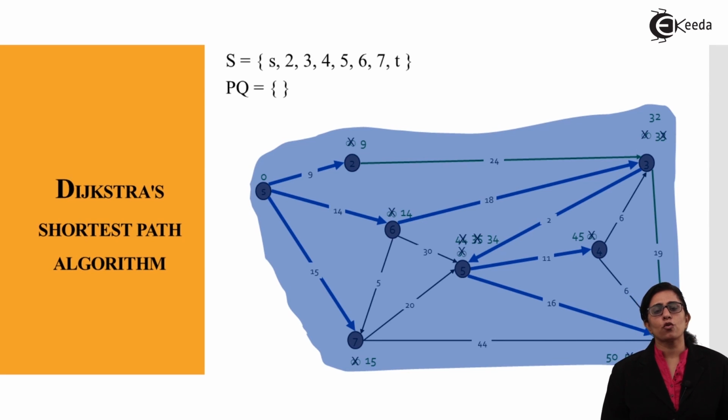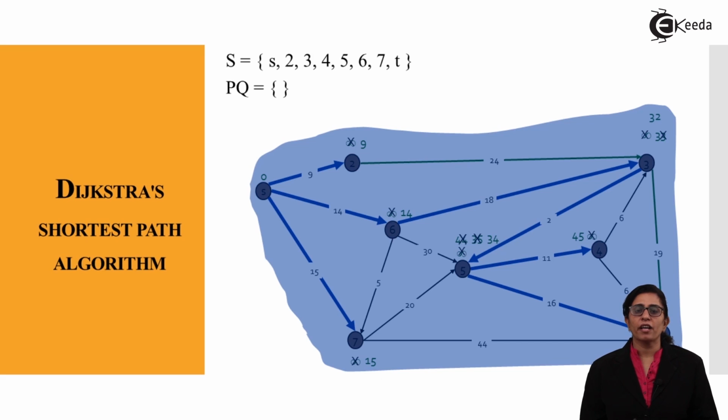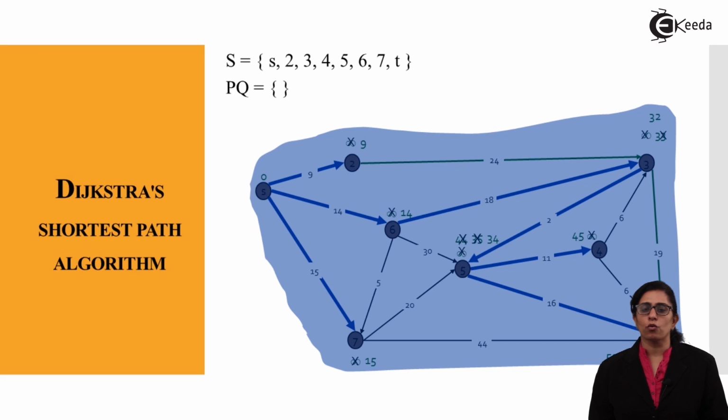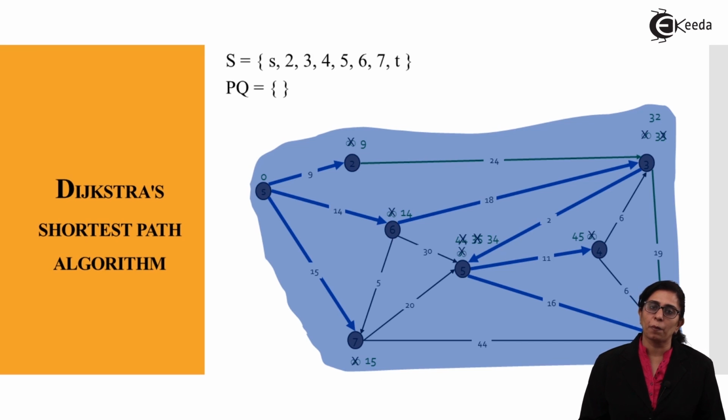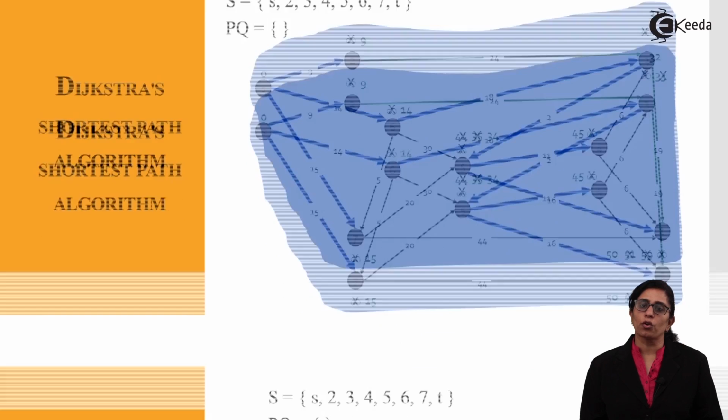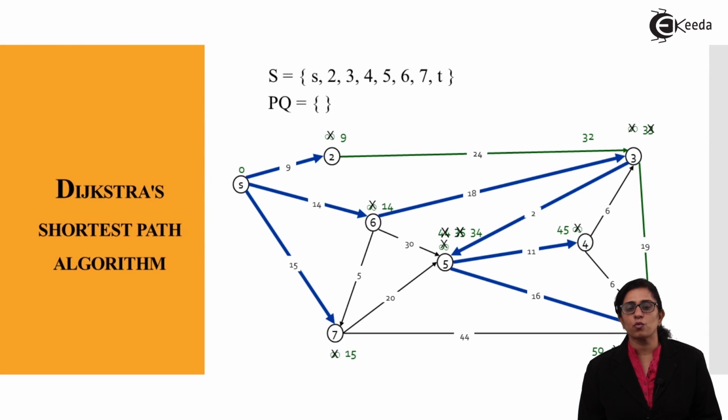So, the arrows which are shown over here as S are my final path to traverse all the nodes: source, 2, 3, 4, 5, 6, 7 and T. My PQ is empty, which shows that I have traversed all the nodes from source to destination, and highlighted values with their edge weights are shown as how we change the distance value when we traverse from one edge to another. So, if you consider that when we are traversing from the source to destination, the node numbers which